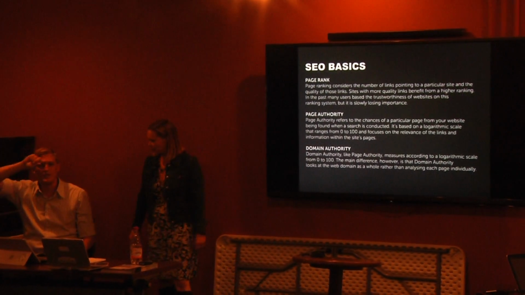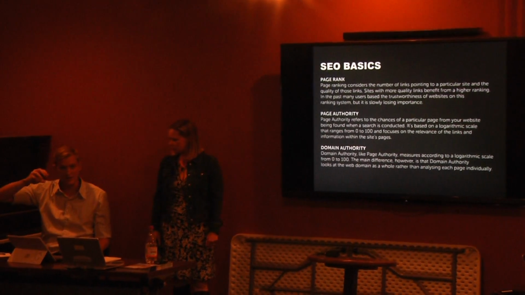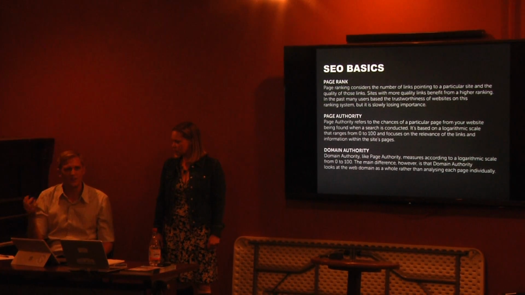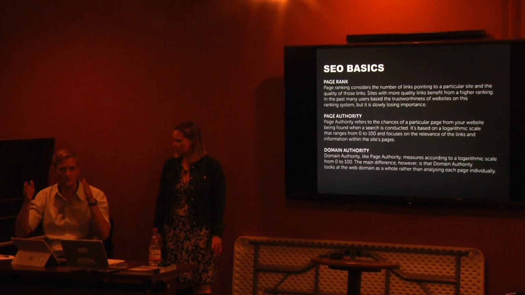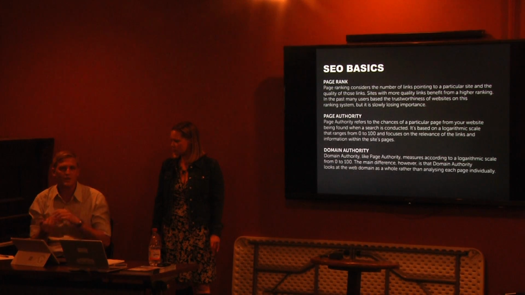In a Google search, you'll see a title, a blue title that links back to the website. That's the title tag. And then there's a meta description that's 155 characters or less, and that shows the description with the search when you do a Google search. And then you've also got